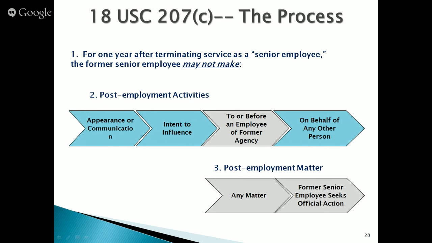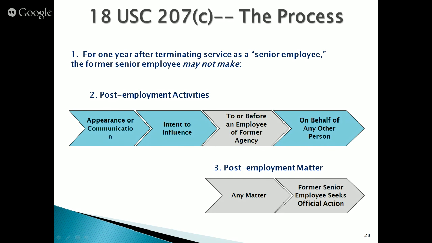So just to remind everybody what we had reviewed two days ago in the overview of the 207C process. This is a 1-year cooling off period that begins at the termination of senior service. So when someone is a senior employee, the termination of their senior service is the triggering event for the cooling off period to begin, and it lasts for 1 year from that date. And their restriction reaches to appearances or communications with the intent to influence, which is exactly the same definitions as apply under A1 and A2, and we talked about those yesterday.